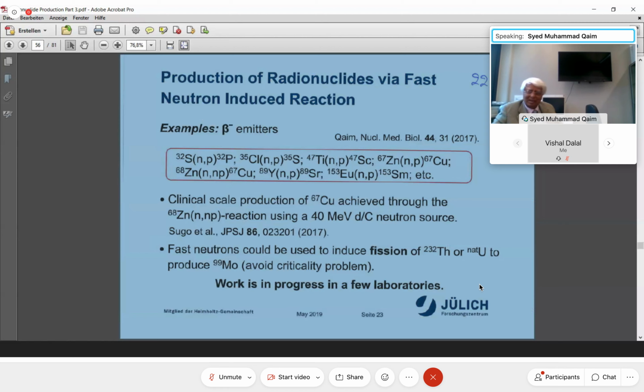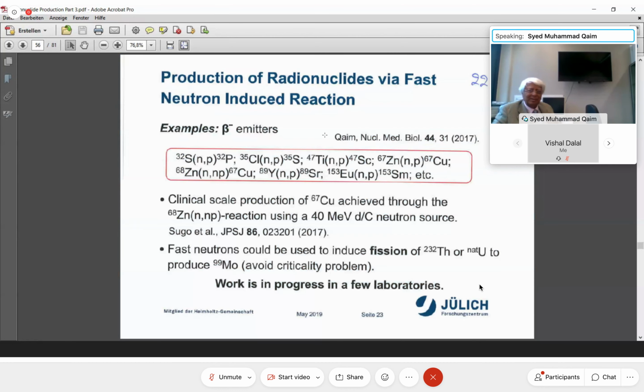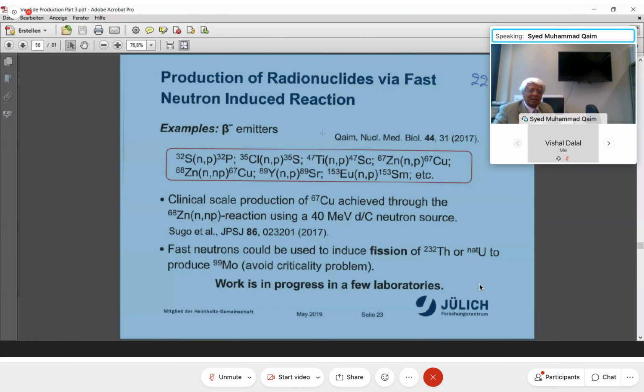If you look at the references which I am giving here, in 2017, not long ago, this paper has been published. It's 2-3 years ago. The Japanese have done. This is my paper. This has become a very important paper. Nuclear Medicine and Biology. It has been reported as a highly cited paper. And this was based on a lecture I gave in Berkeley. I was invited to a conference in Berkeley in USA. And then I gave this lecture, and then they asked me to give a writing for publication in a journal. And this has given an overview of what all can be done with the help of accelerators to produce the data.